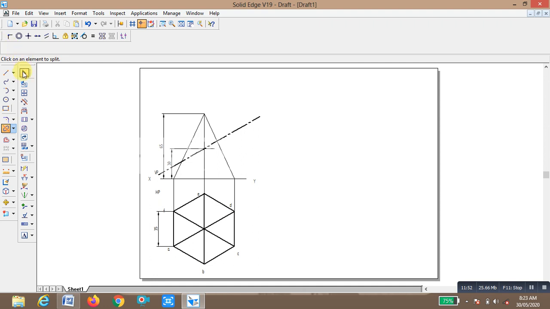This is the bottom portion of the hexagonal pyramid. You have to change that thickness. The thickness we are going to maintain is 0.5 mm.